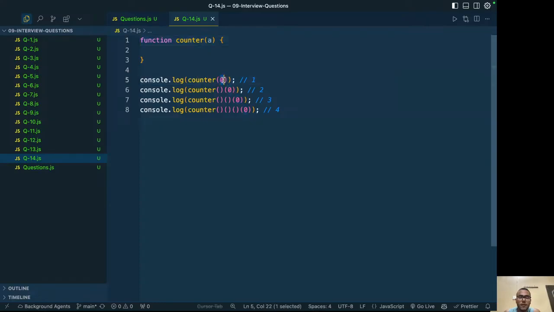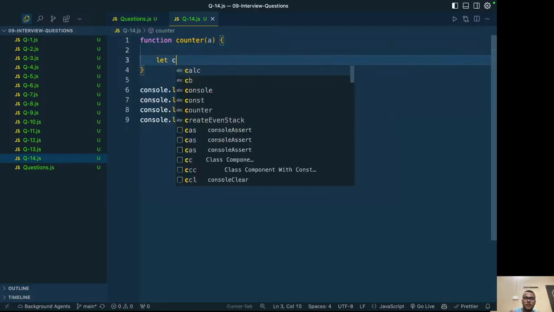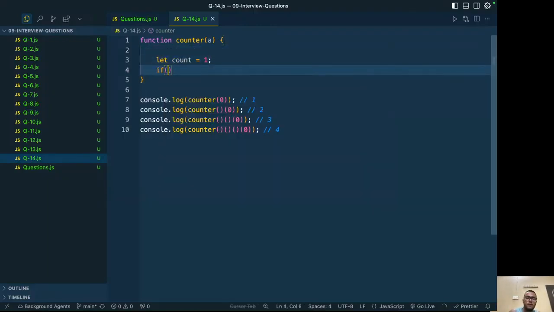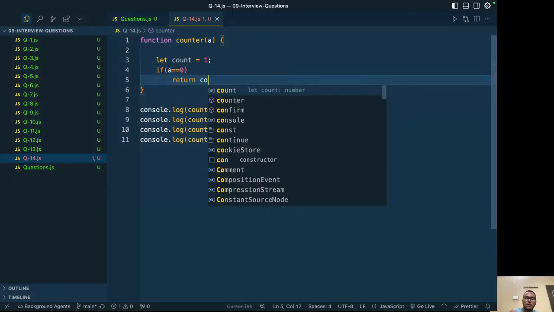So it is called only once, this is called twice. At the end we will be passing a 0 as an argument to end the function call. So what we can do is let count be 1. If a is 0, then simply return from it. Otherwise return